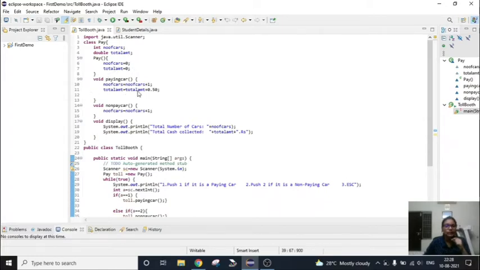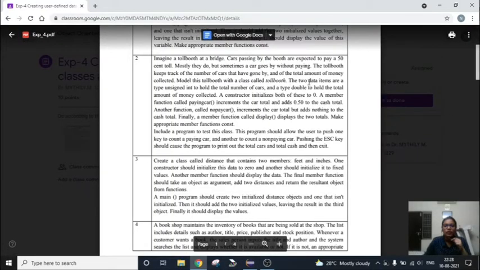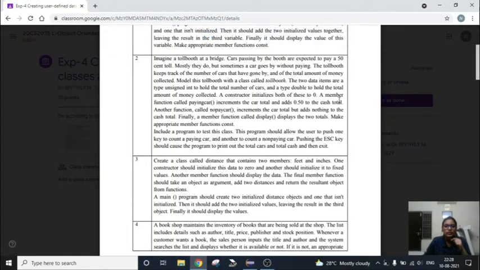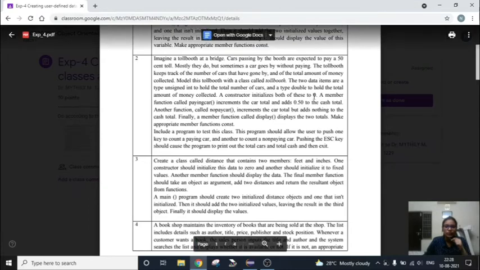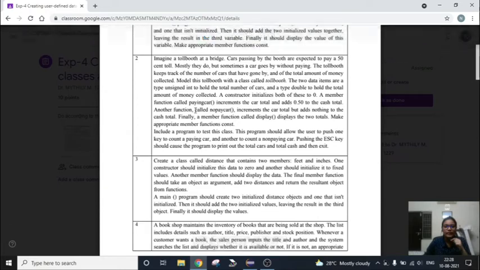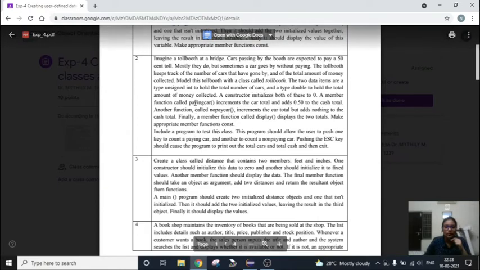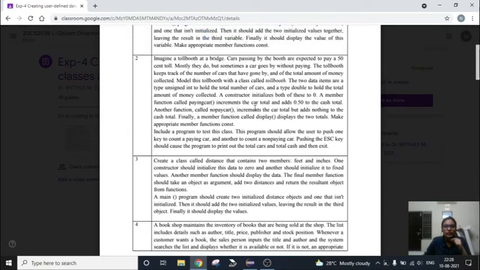And then they asked us to create member functions: a member function called paying car and another function called non-pay car. This paying car should increment the car total and add 0.50 cash to the total.